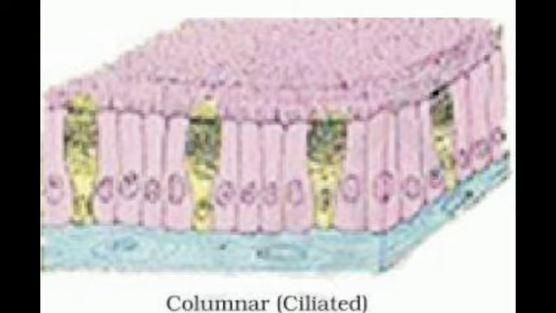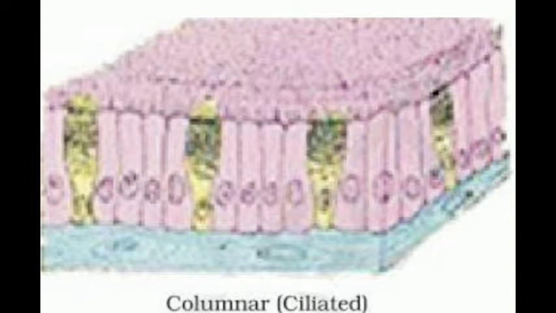Columnar epithelium, these are much taller than their width. Just see the diagram. The length is more in comparison to the width. And the outline is polygonal in shape. Nucleus is elongated along the axis of the cell and it is present in the respiratory tract. Now, these are ciliated also. See, hair-like projection is present, which I've told you is known as cilia, and it is present in the respiratory tract.